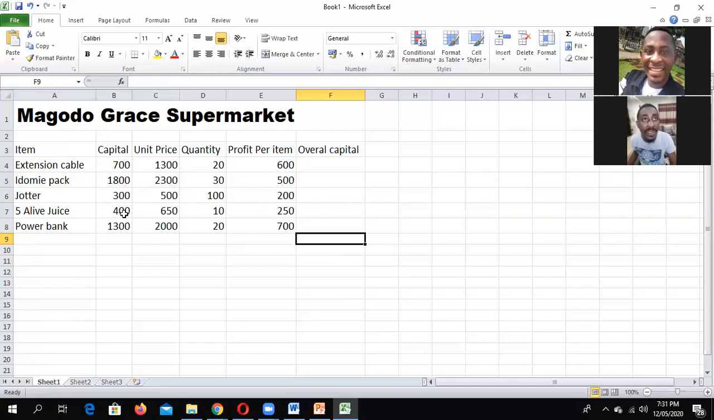5 Alive, they bought 1 unit for 400, but they bought 10 units. How much did they invest? Power bank, they bought 1 unit for 1,300, and they bought 20 units. So we want to calculate overall capital. So we'd say equals to,